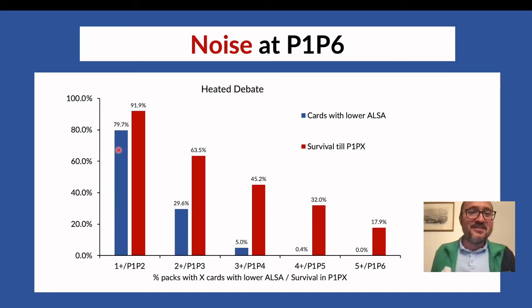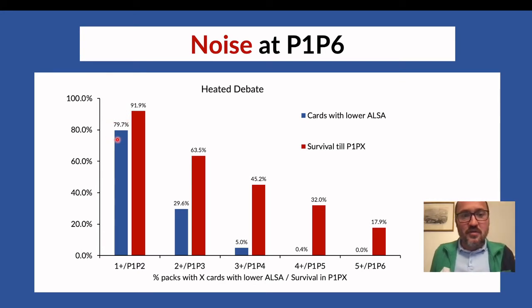So basically, this means that there is an 80% chance that in your booster pack that you open, there is one card that has a lower alsa, and of course, in this case, lower means better. There is a card with lower alsa, so it's quite reasonable for someone to pick it because if it has a lower alsa, it's probably a better card, or at least it's evaluated higher than heated debate by the general